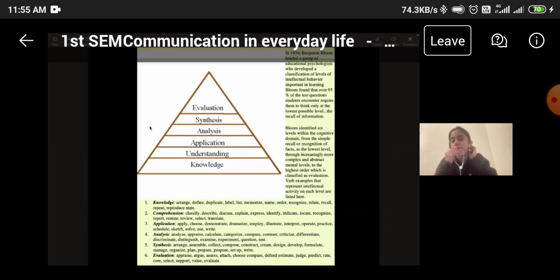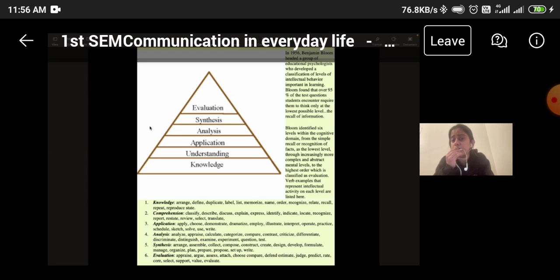In 1956, Benjamin Bloom headed a group of educational psychologists who developed a classification of levels of intellectual behavior important in learning. Bloom found that over 95% of the test questions students encounter require them to think only at the lowest possible level, the recall of information. Bloom identified 6 levels within the cognitive domain, which is applying your ability to understand, comprehend, synthesize, analyze,